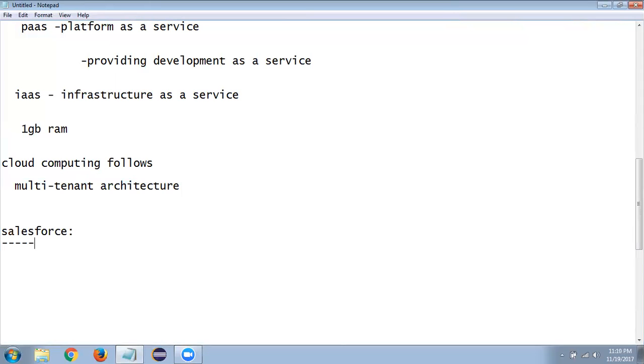If anyone asks what Salesforce is, it is a software company, right? By following the cloud computing concept, Salesforce is providing a few services, not exactly three.